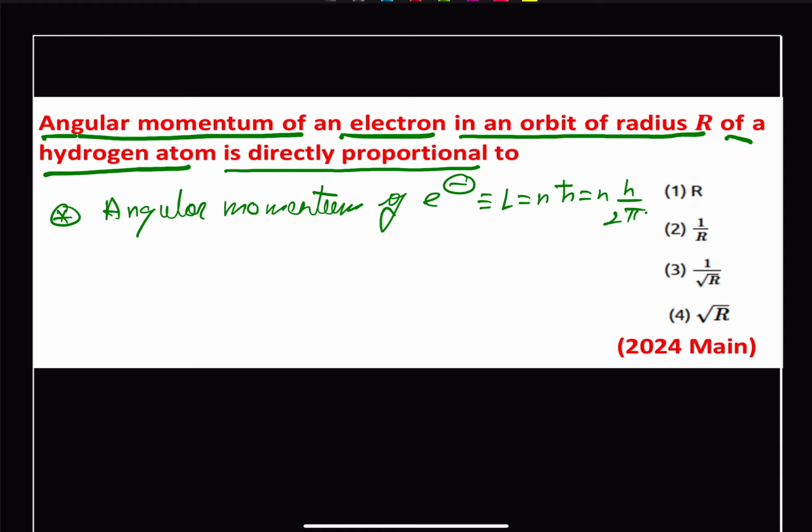Now from the Bohr's model, we can write that the radius of the nth orbit is directly proportional to the square of our principal quantum number. We can just rearrange it, and let us call this equation number 1 and this equation number 2. So we can say from equation 1 and 2,